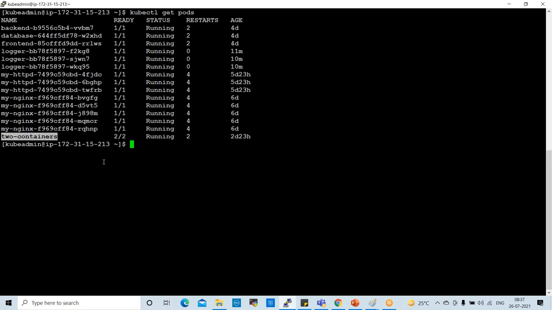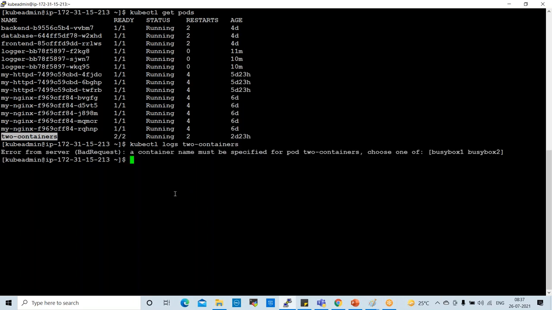For which the command here is kubectl logs and pod name. You just copy the pod name and paste here. kubectl logs pod name. Let me give one more, another pod name.